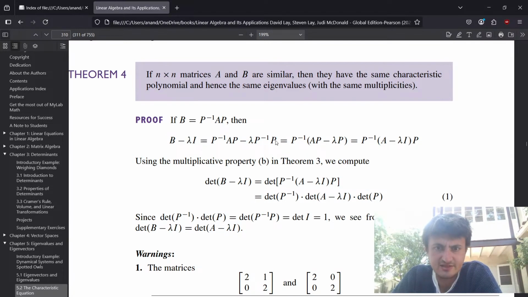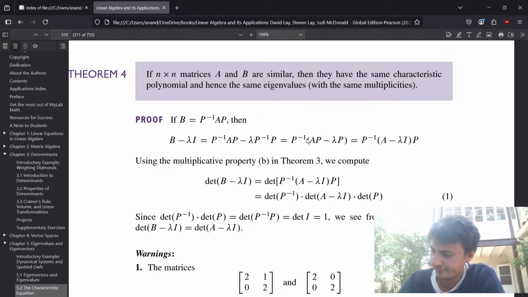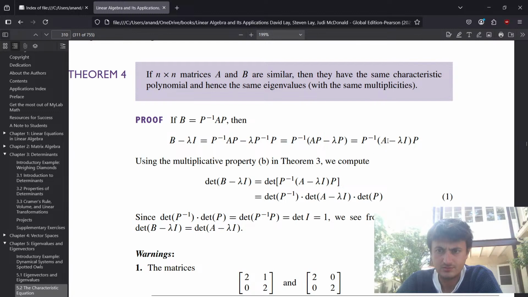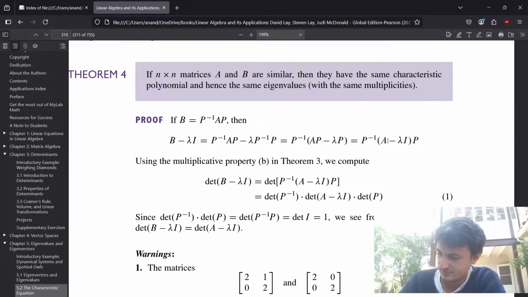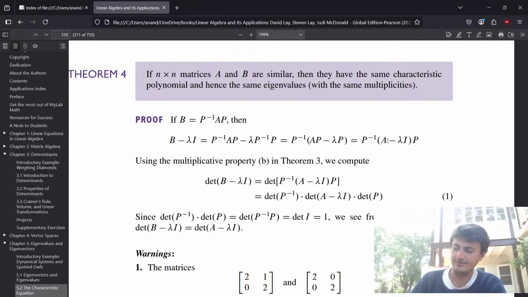Oh, because this is the identity? Yeah, this is the identity. Okay. So then you factor out P inverse. This is I, so that's fine. You get AP minus lambda P, and then you can factor out P. So you get P inverse times A minus lambda I times P is equal to B minus lambda I. Oh, so since you're able to make it A minus lambda I, then